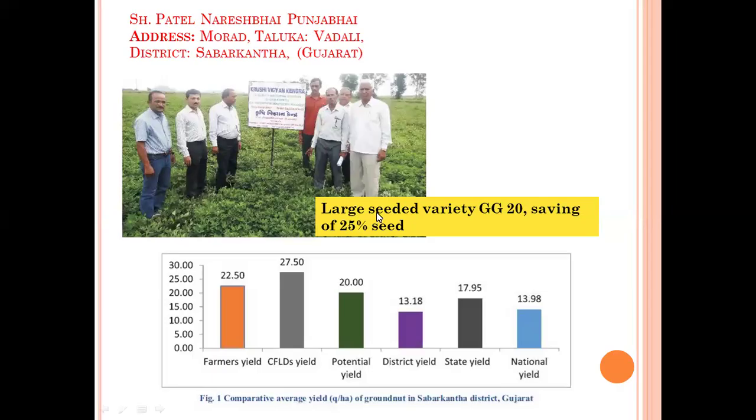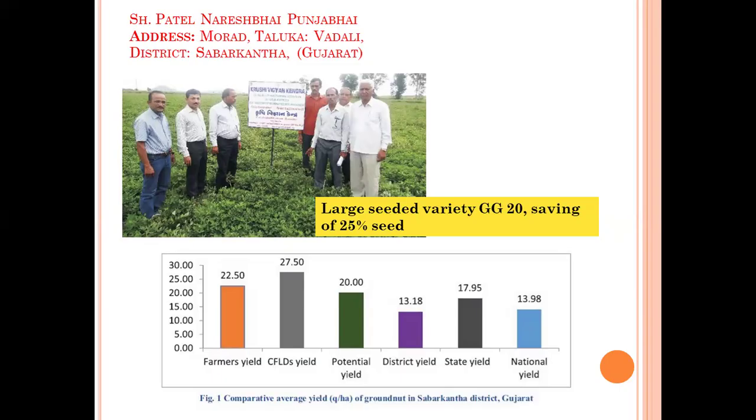that is Cluster Frontline Demonstration. In that, they have grown the variety, that is GG20, and what they have identified is, you can see in the graph that the yield which is getting through CFLDs is 27.50 quintal per hectare, and compared to the farmer yield, that was 22.50 quintal per hectare. So you can easily compare the yields, right? So through the CFLDs we are getting more yields,